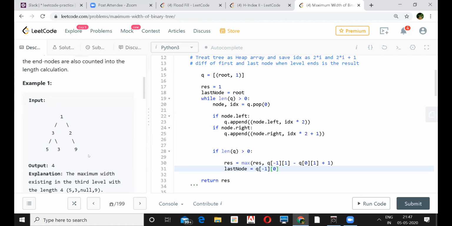Correct. But how will you keep track of nodes at each level? I was thinking of making an ordered map, but that would be inefficient. My minimum value in the ordered map would be the... but I have to maintain it for every level, right? So I don't think that would work. No, but you'll be giving the indices to everyone, right? Like 5 will have -2 and 9 will have -2, isn't it? Yes. So you can take the difference of that.